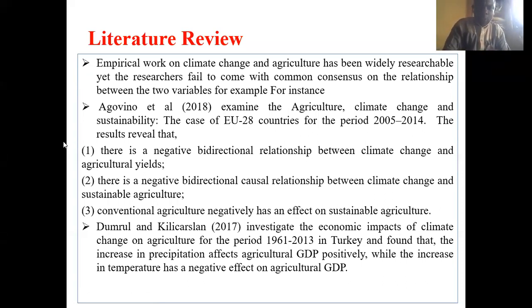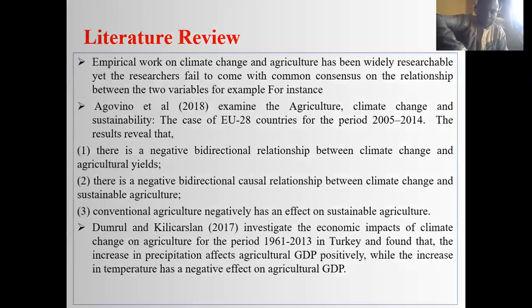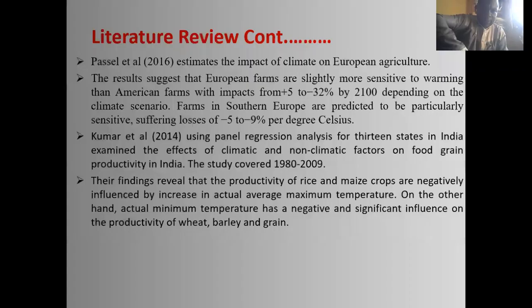And also, Drummond and Clayton 2017 investigated the economic impact of climate change on agriculture for the period of 1960 to 2013 in Turkey. They found that an increase in precipitation affects agricultural GDP positively, while an increase in temperature affects it negatively. Next,